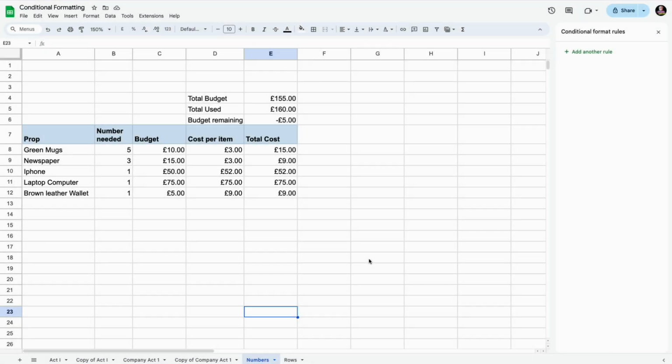Conditional formatting can do so much more than just highlight words. I've got a very simple budget here, and you may want to highlight your total spend to see whether you're above budget or below budget. And we can do that very simply by, once again, highlighting the area we want the conditional formatting to apply